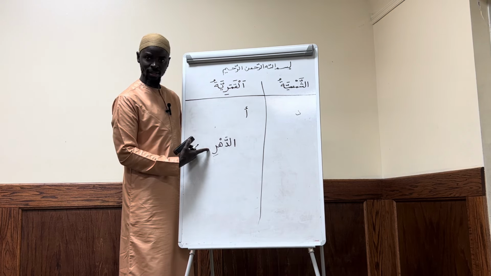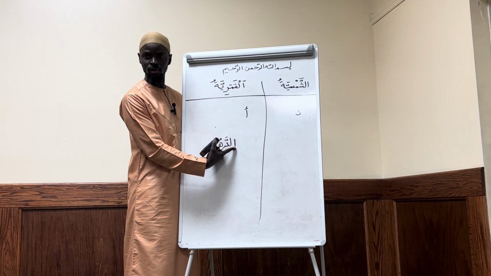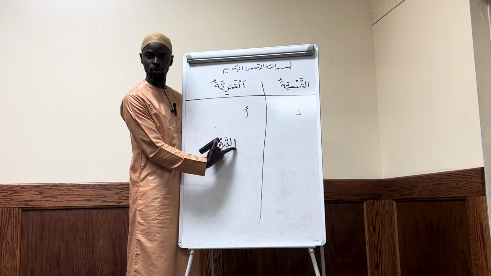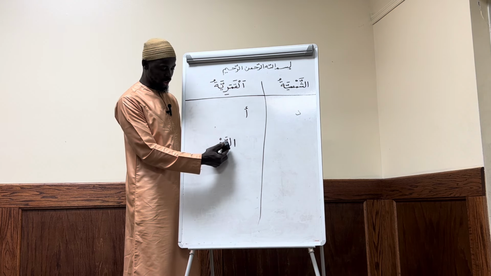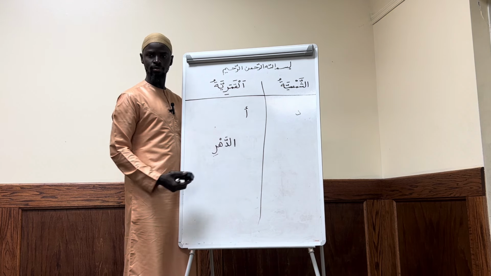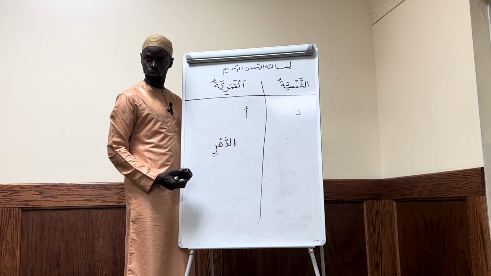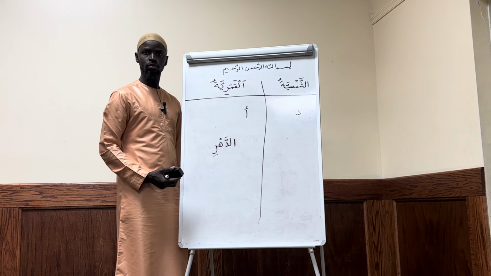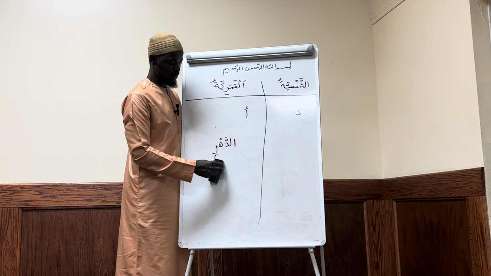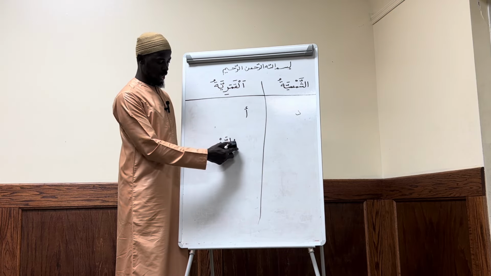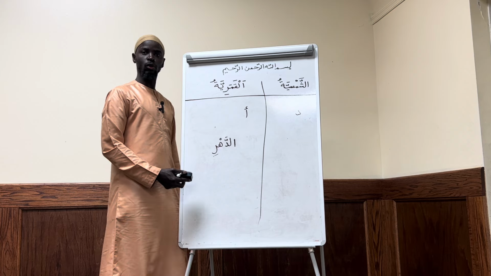Dahri? You have to read this one. You have to always start with the alif. Ad-dahri. So that means you only skip the lam. Is that understood? If there is nothing before the alif and lam,